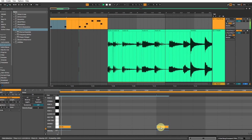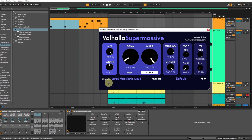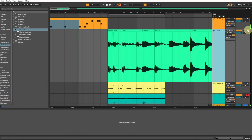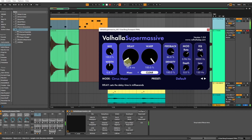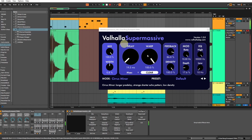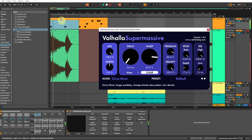So if you want to avoid that, whoa, that was loud. If you want to avoid this, not the loud thing, but the too much stereo, put the width here at 0. And then experiment again. Let's record some more stuff. If you want to make very long sounds, just